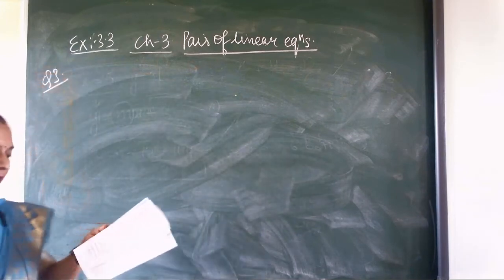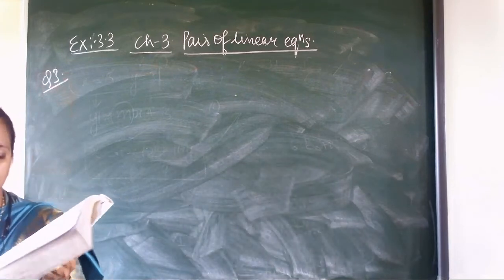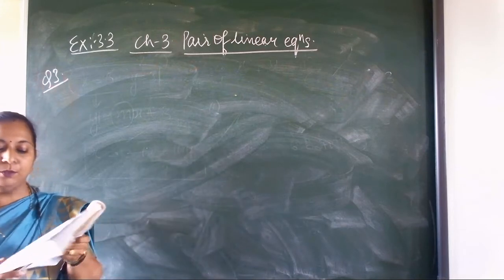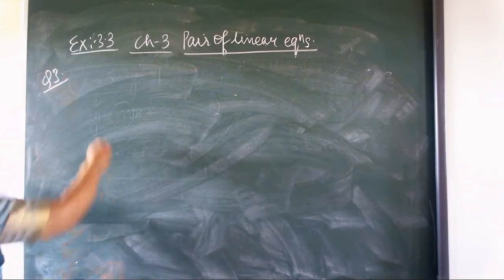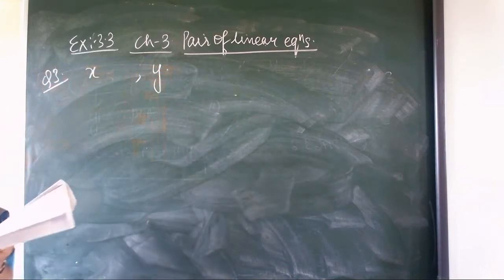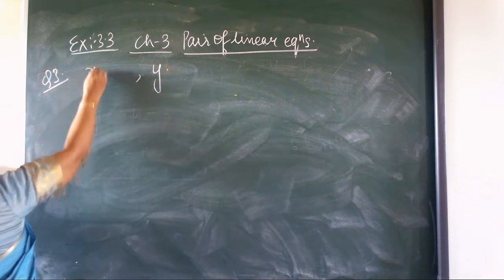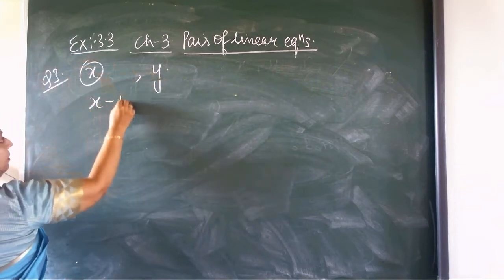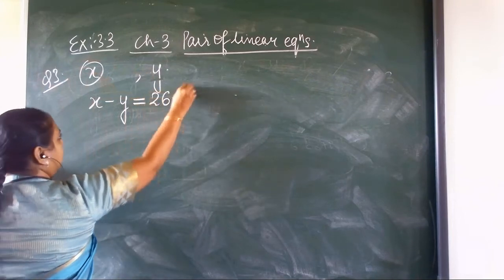Now third question. Question number 3, first part. Form the pair of linear equations for the following problems and find their solution by the substitution method. First, the difference between two numbers is 26. Let the two numbers be x and y, and their difference is 26. So let the larger number be x and the smaller number be y. Then according to the condition, x minus y is equal to 26. This is the first equation,